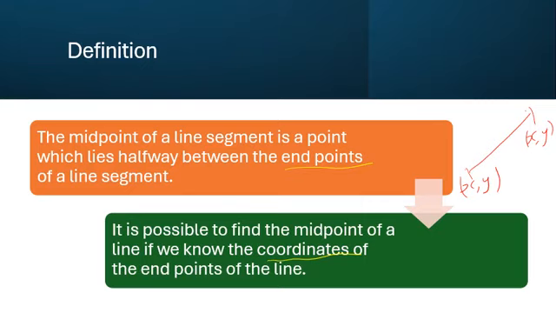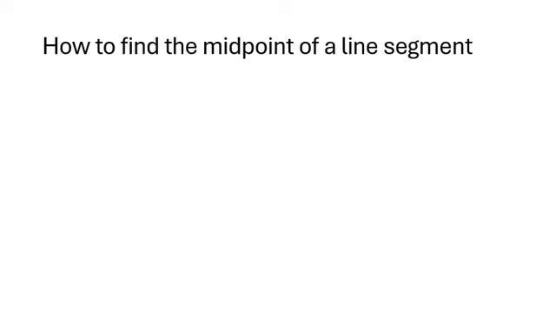So if you know these coordinates, it's very easy to find the midpoint of this line, which is also a coordinate on that line. Now, in this lesson 4, we will discuss more about that. So, how do we find that midpoint